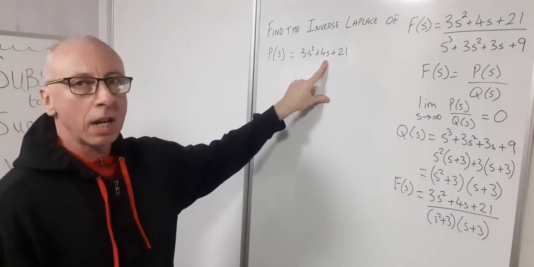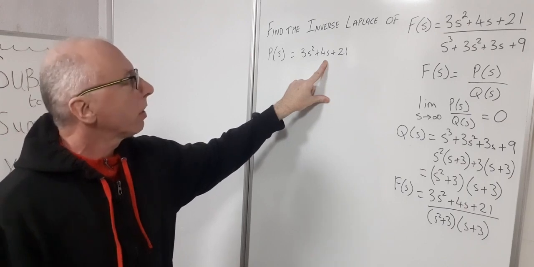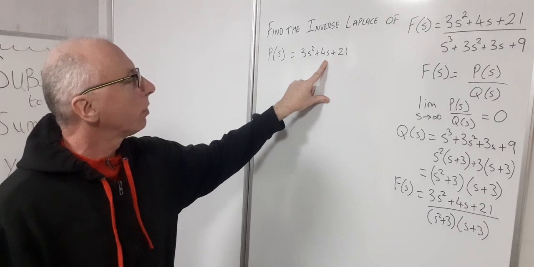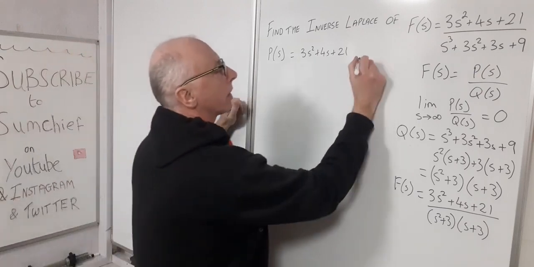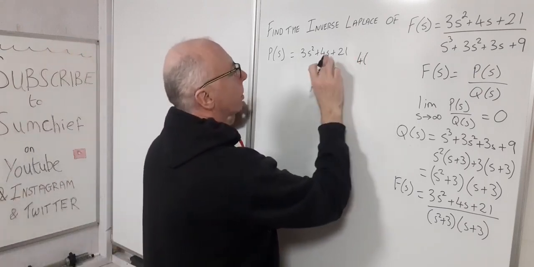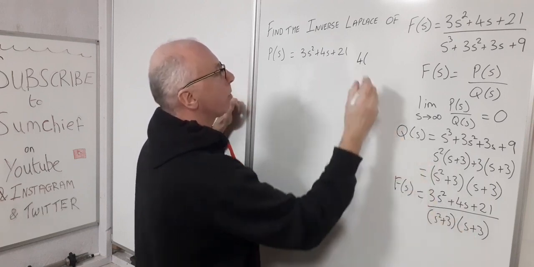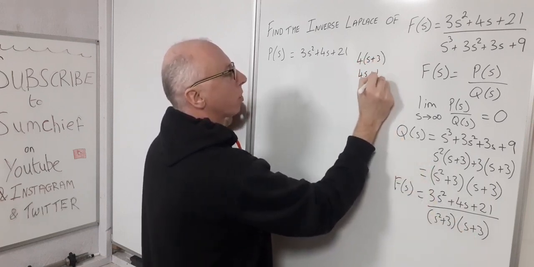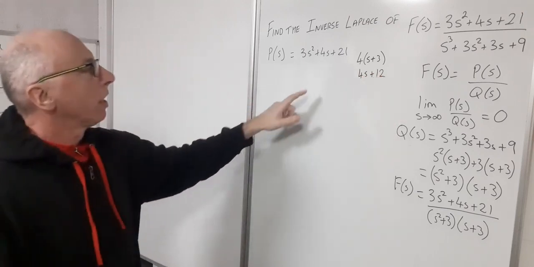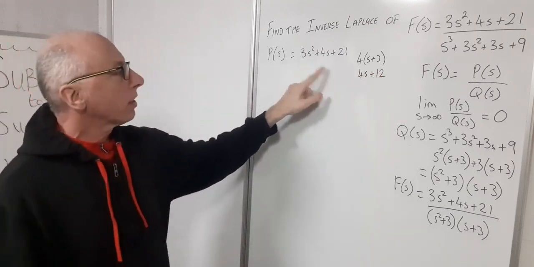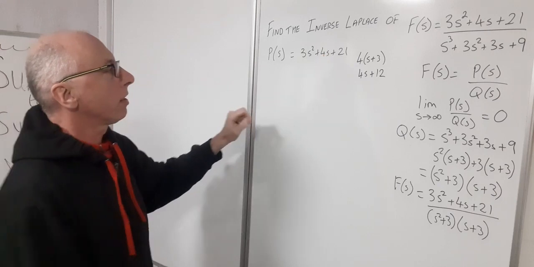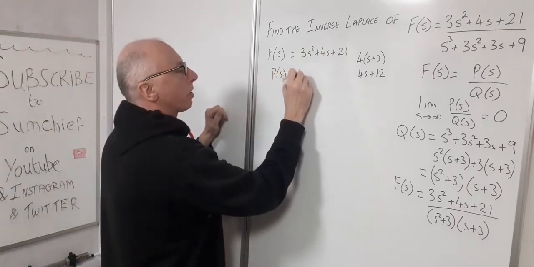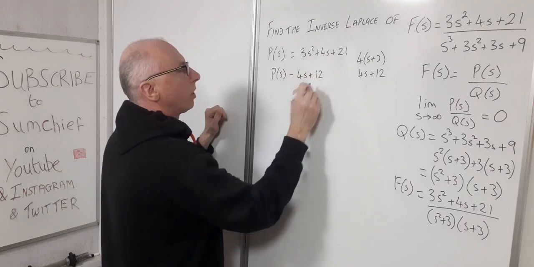If I take out 4 times (s + 3), that's going to be 4s + 12. So let's just make a note of that. 4 times (s + 3) gives me 4s + 12. Now if I subtract 4s + 12 from P(s),